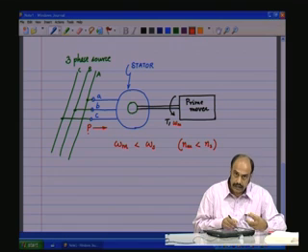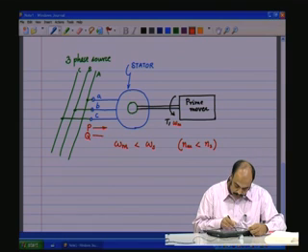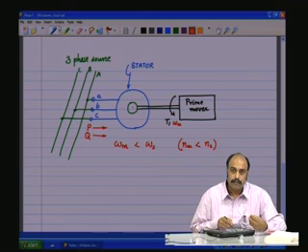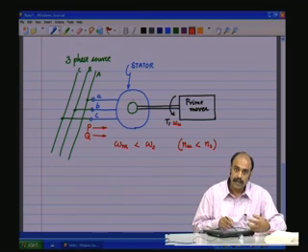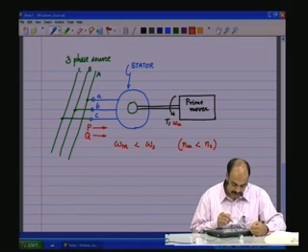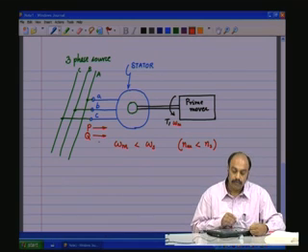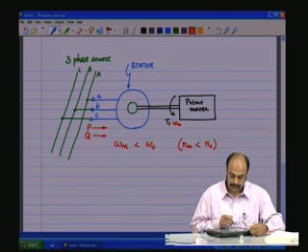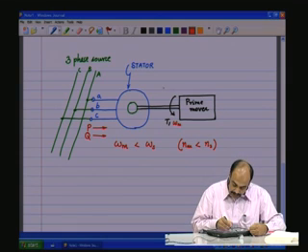There is also a reactive component, and that reactive component is used for supplying the magnetizing energy to build up the flux in the induction machine, to build up the rotating flux in the induction machine. So you have the reactive power also coming in from the mains in this direction. So it is going into the induction machine, and the active part, let us say the efficiency is 1, the active part goes here,